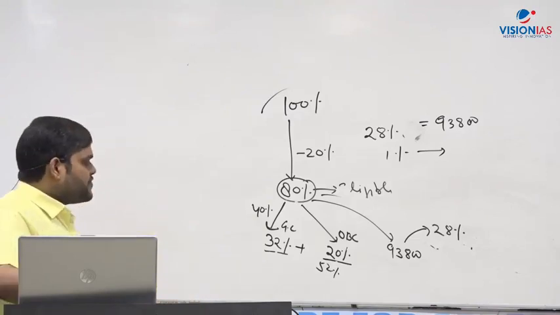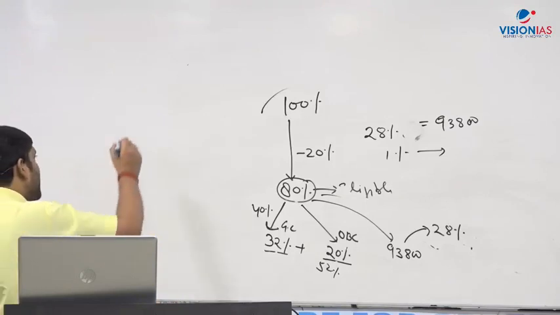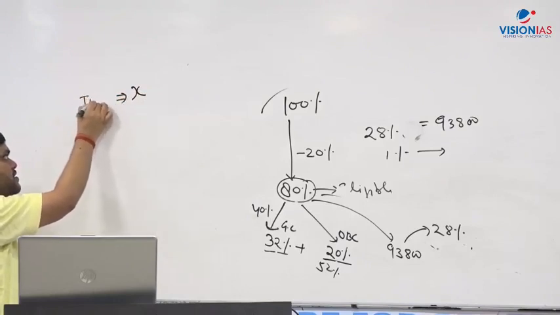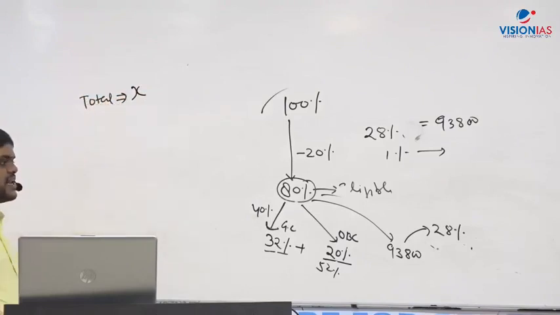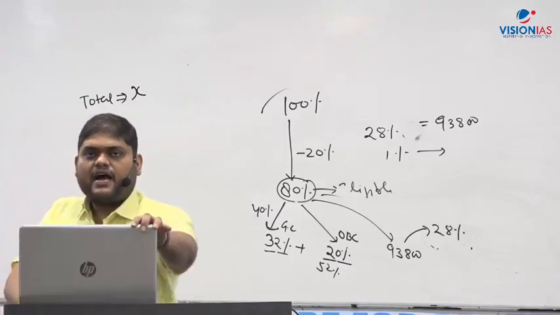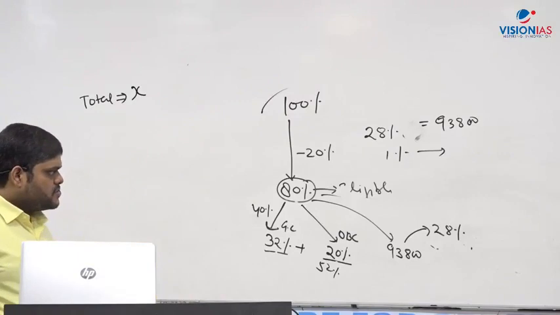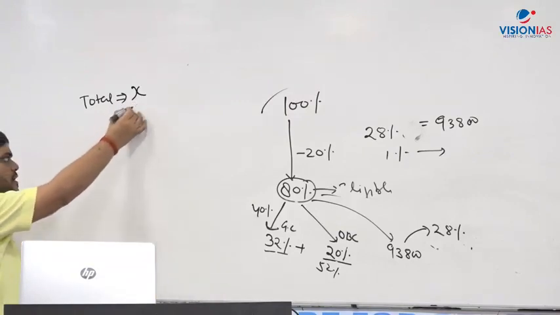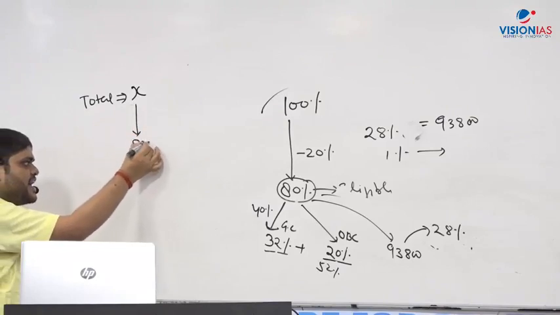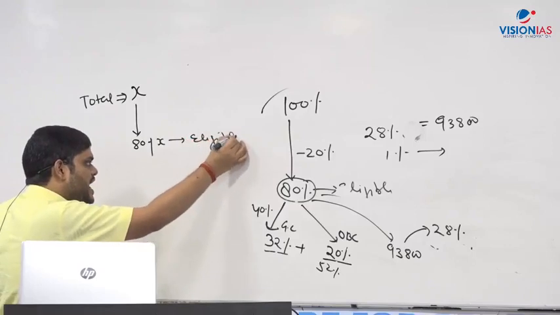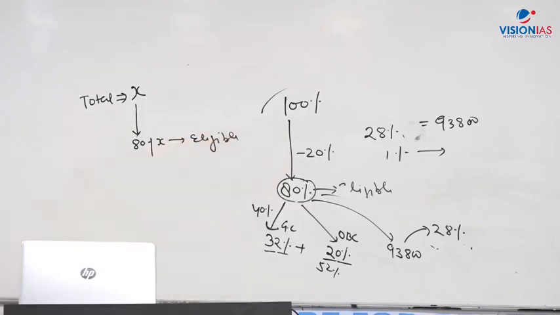Don't get confused here. See here. Suppose total is equal to x. Total is equal to x. Suppose total is equal to x. Out of this x, 80% are eligible. So I can say 80% of x are eligible. Now, the conditions given are,